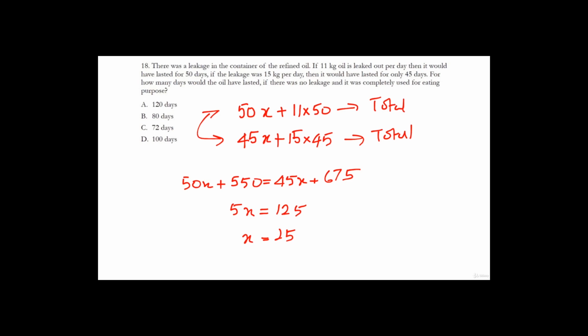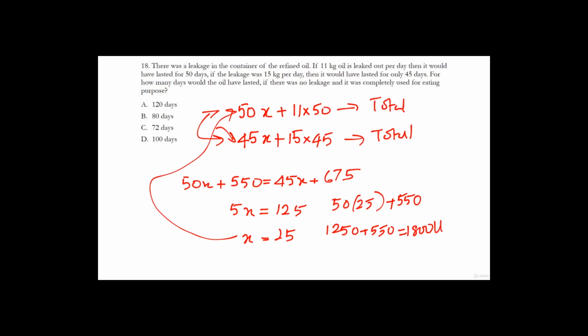So from this we can substitute this value in any one of these equations so that we will get the total quantity of oil. So 50 into 25 plus 550 will give the total quantity of oil. 50 into 25 is 1250, plus 550 will give 1800 liters of available oil. And every day we know that 25 liters of oil is used, which means